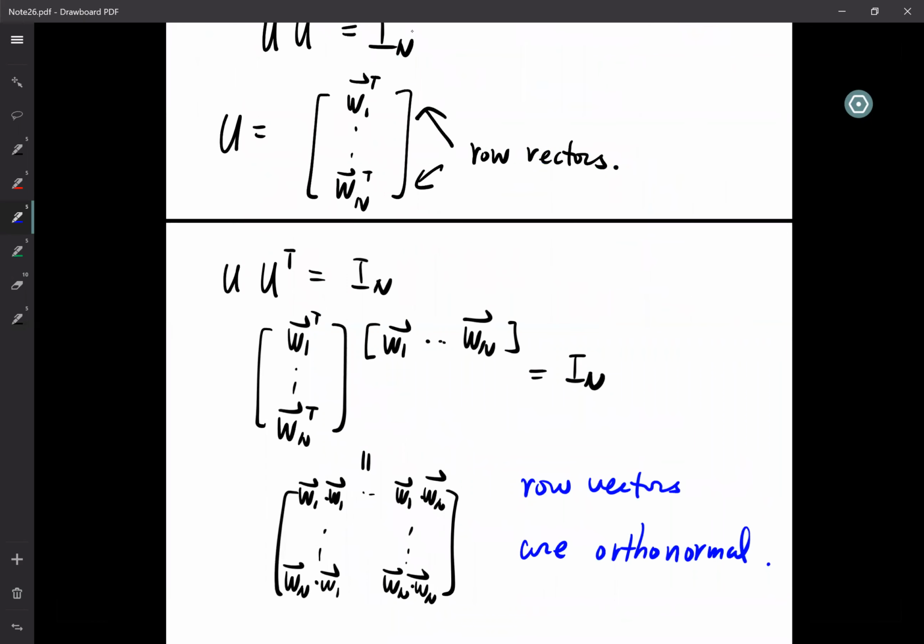Is this only true for orthonormal matrices or for any orthogonal matrix? So as we